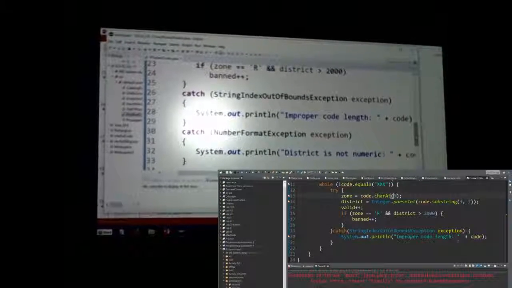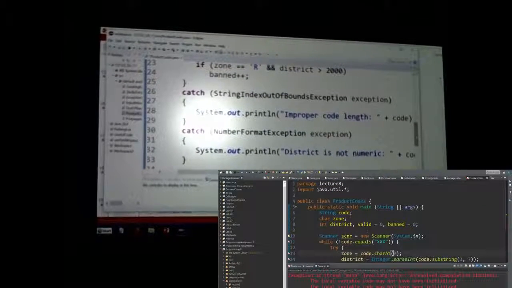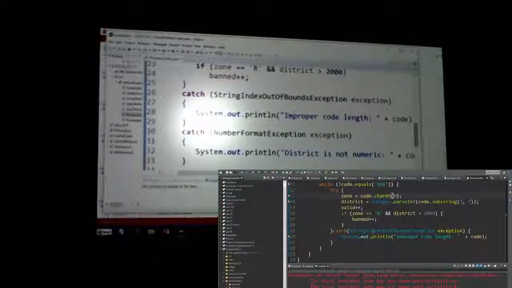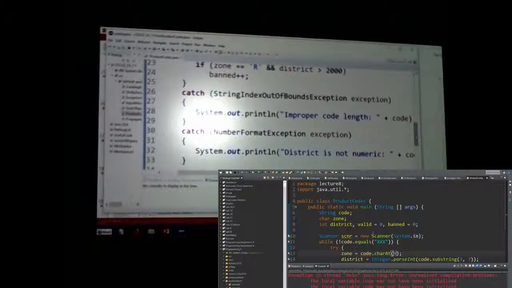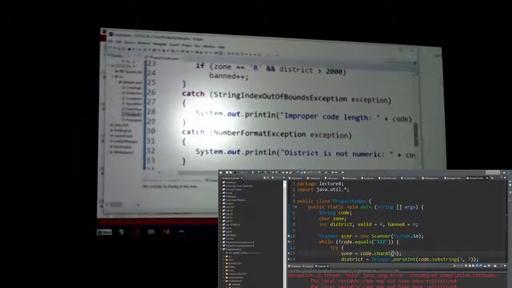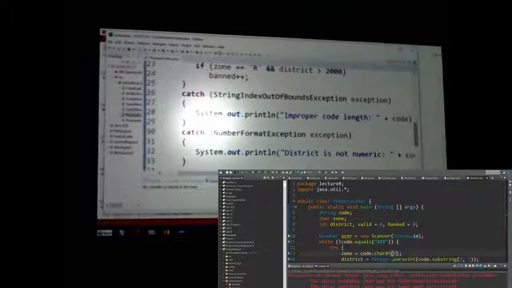Anybody want to guess one of them? So meaning, if the thing wasn't long enough, or if you needed a 4-element array and you put in 7, that would be out of bounds. Or if you were probing for a character that was in some array element that didn't exist, that would be